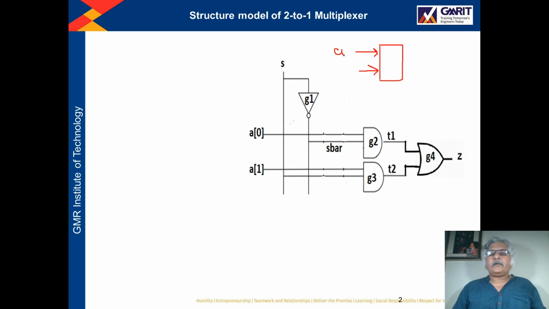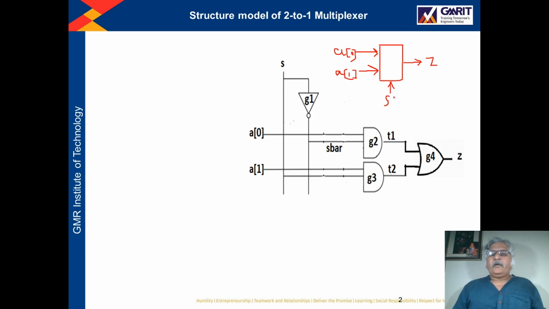I call them A0 and A1, and there is one select line S, and there is one output Z. Z is the output, select is the input.